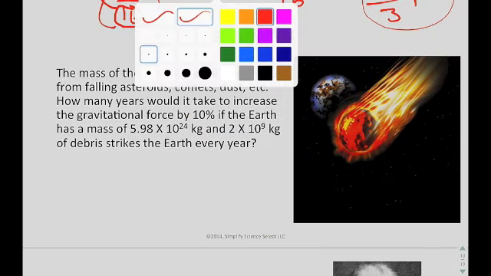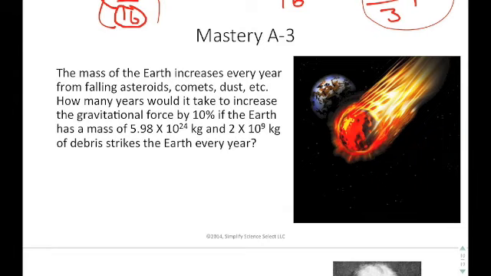The mastery level question says you have a comet, or the mass of the Earth increases every year from falling asteroids, comets, dust, etc. How many years would it take to increase the gravitational force by 10% if Earth has a mass of this and this much debris strikes the Earth every year? So the first thing you need to do is identify, okay, if I want to increase the gravitational force by 10%,